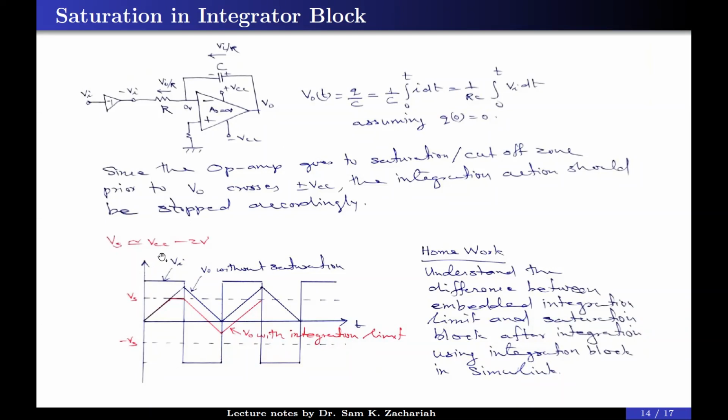Ideally, Vs is equal to VCC if there is no drop across the output capacitor. Otherwise, for the sake of practicality, we are putting a separate value Vs. So for example, if VCC is 15 volt, the maximum integrator output can go from minus 13 volt to plus 13 volt. This is how we are going to get it. Any difficulty in understanding this?